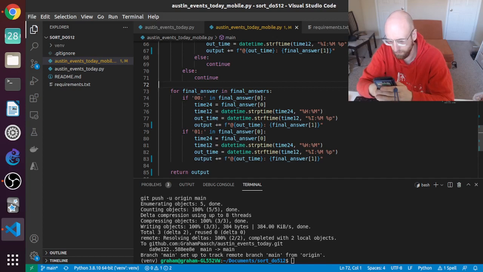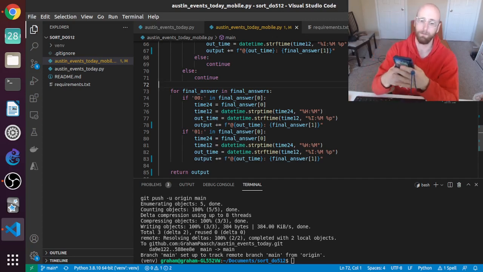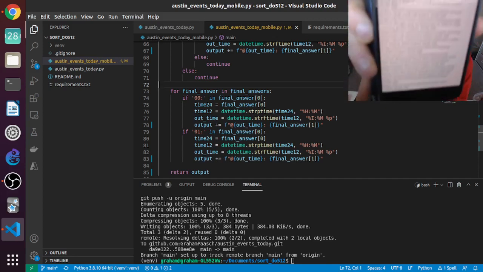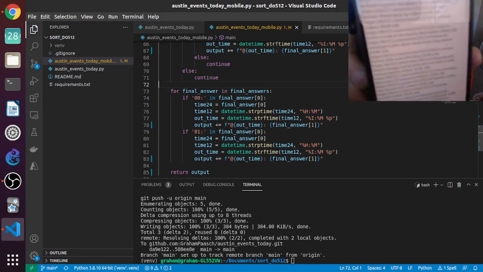I forgot to close out of the app. This is hard. This is really hard. Okay, there we go. So now it should change it from this output where it's all just blurry to just